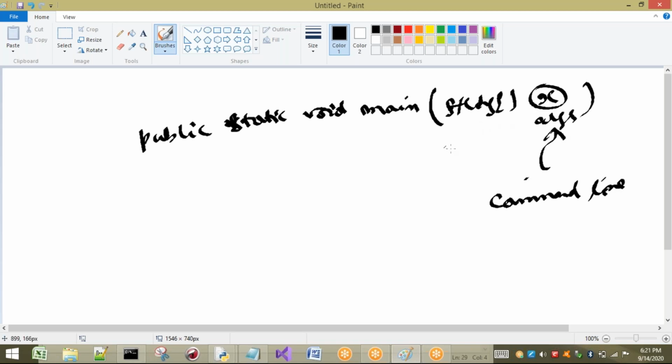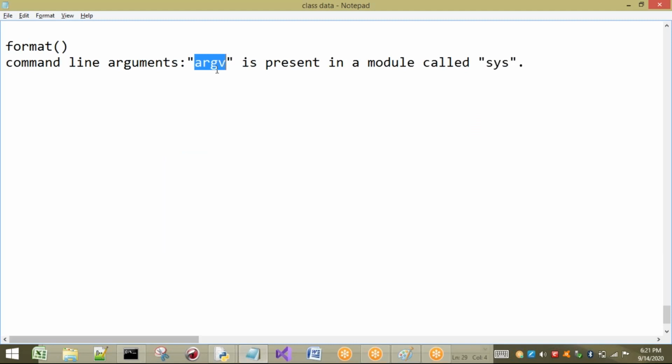It is defined by us, but here we are not going to define argv. It is present in sys, and I am using that argv. So if you import that, automatically whenever you take some command line arguments, it will store them.